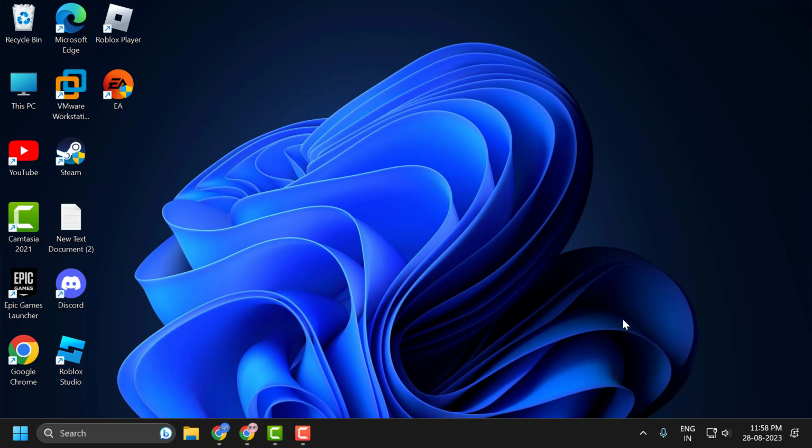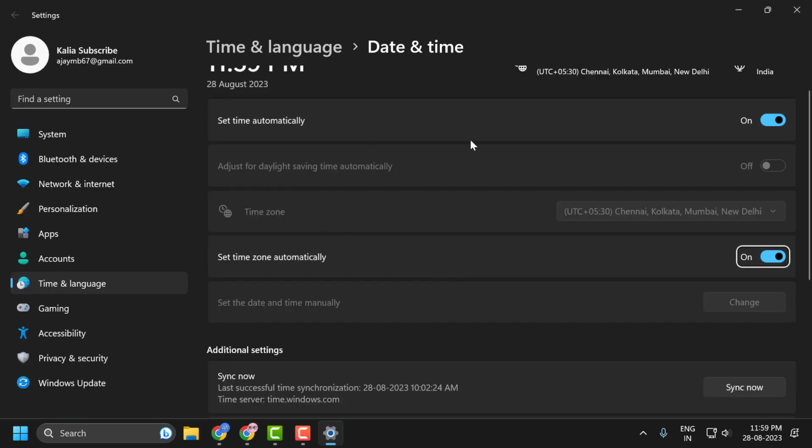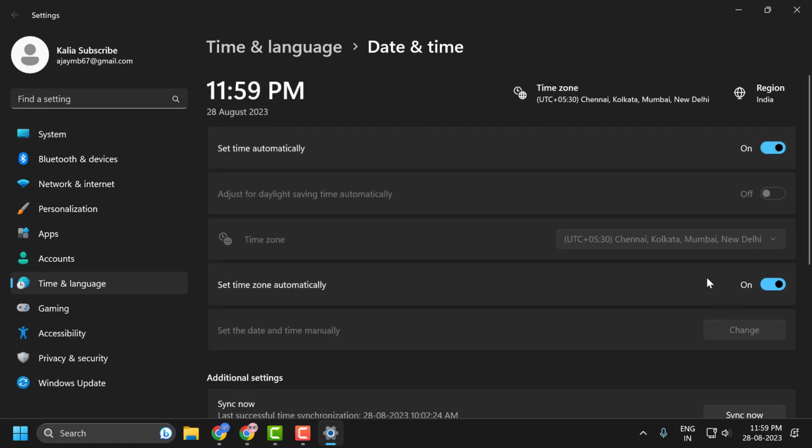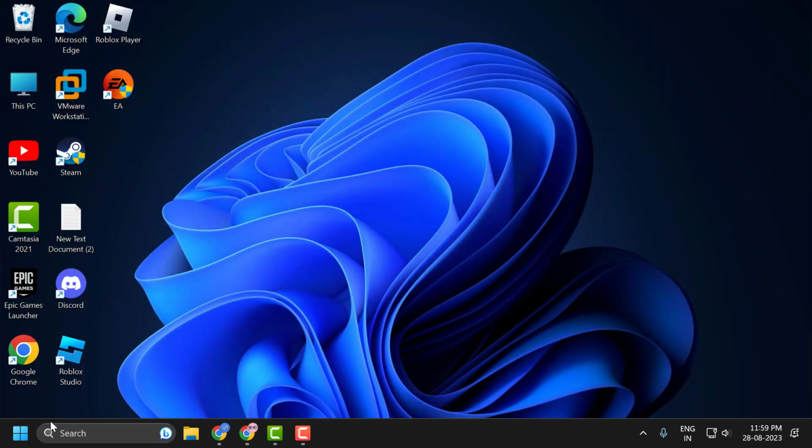And if you're still having a problem, check if you have incorrect date and time, guys. To correct it, right click on it and select adjust date and time. You just need to enable two options, guys: set time zone automatically, turn it on, and set time automatically. You just need to turn it on, guys. After turning on both of them and closing out of here, now you just need to right click on